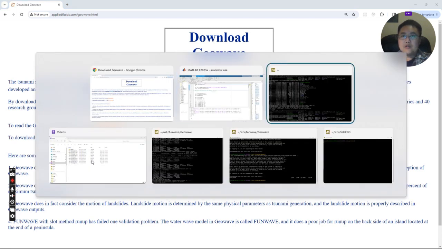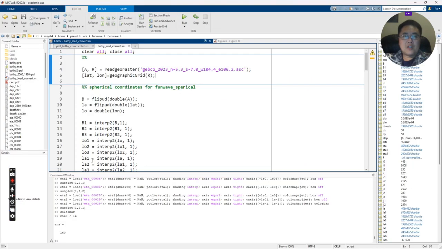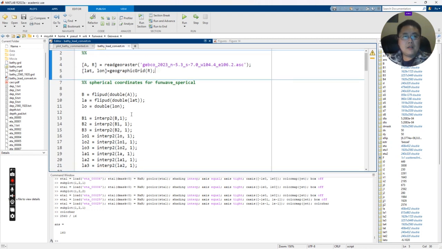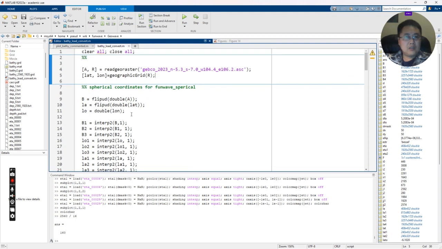So the first thing that we have to do is to create the bathymetry file. So how do we create the bathymetry file? You can create the bathymetry file by just using a MATLAB script. It's not really that difficult, right? So here is my example script for reading this particular file that was downloaded from the web. It's a bathymetry file that was downloaded from the web, and then it also comes with some kind of coordinate